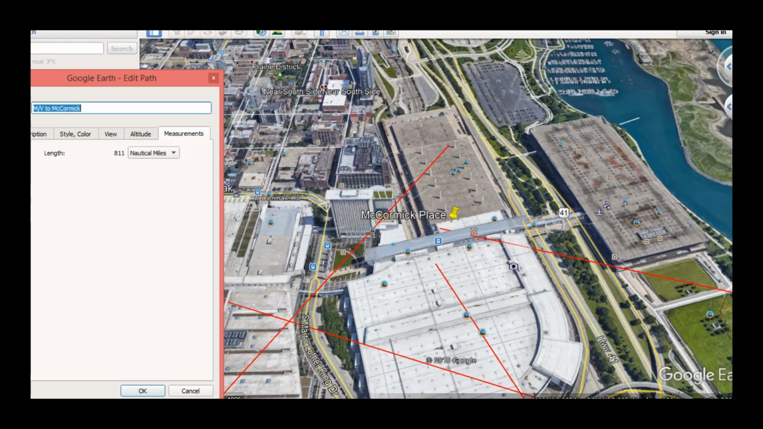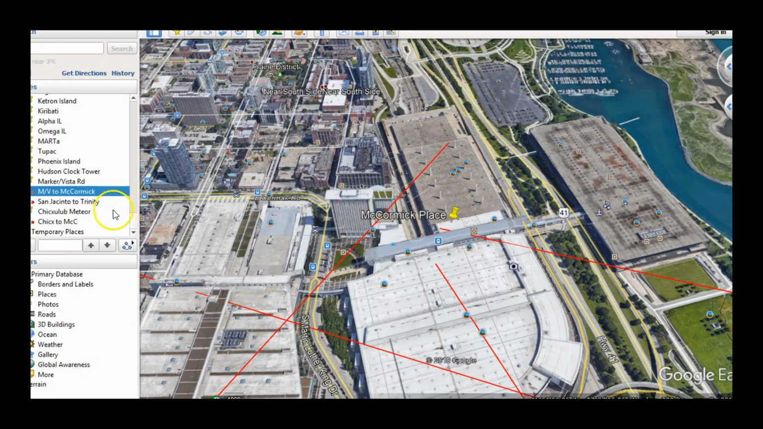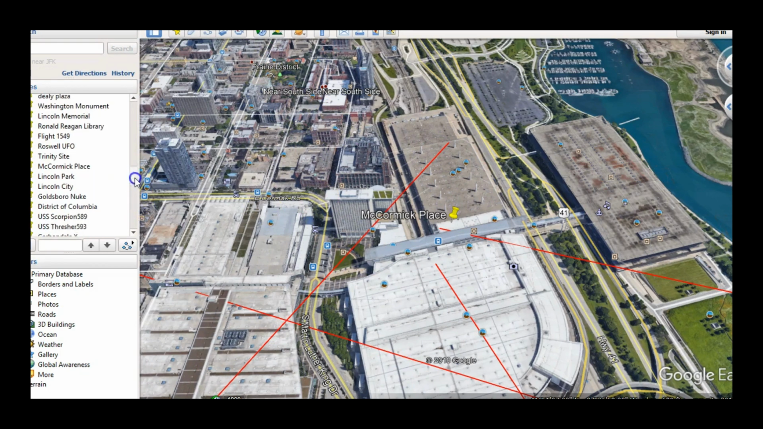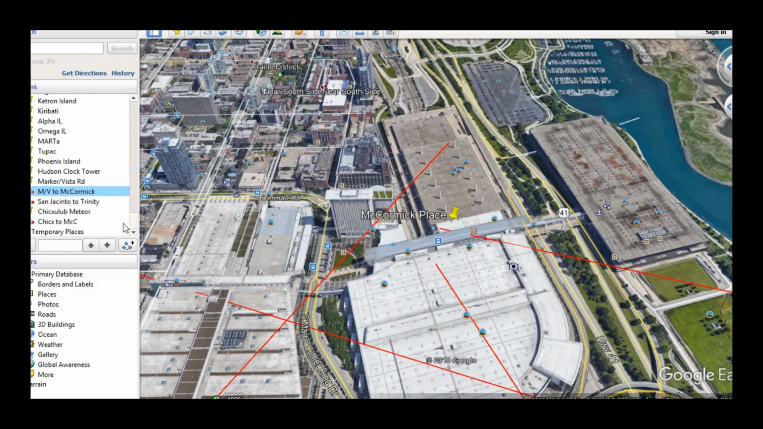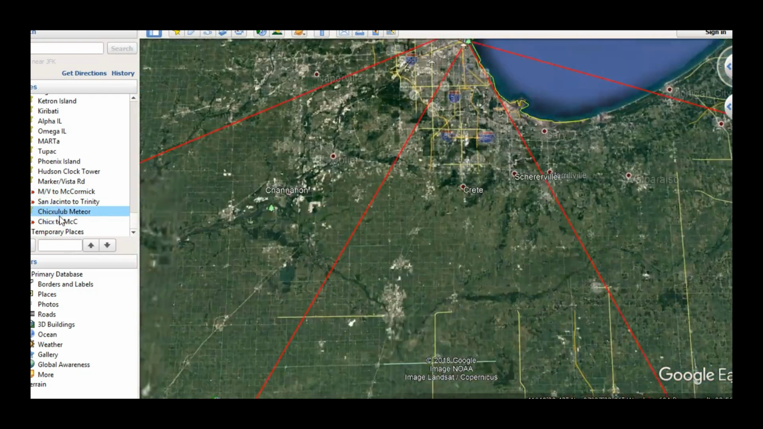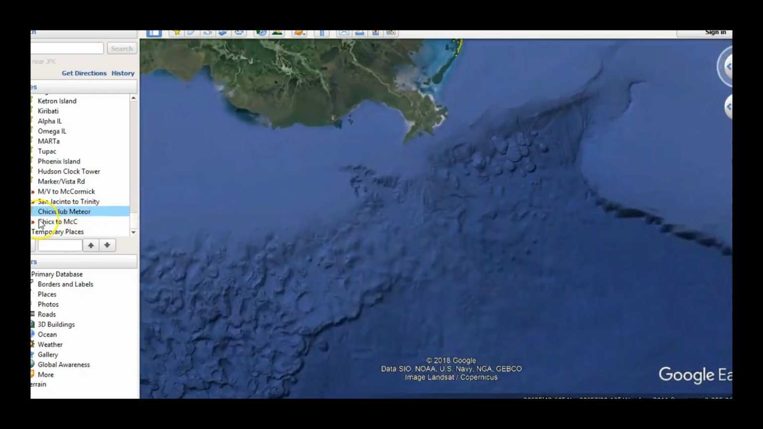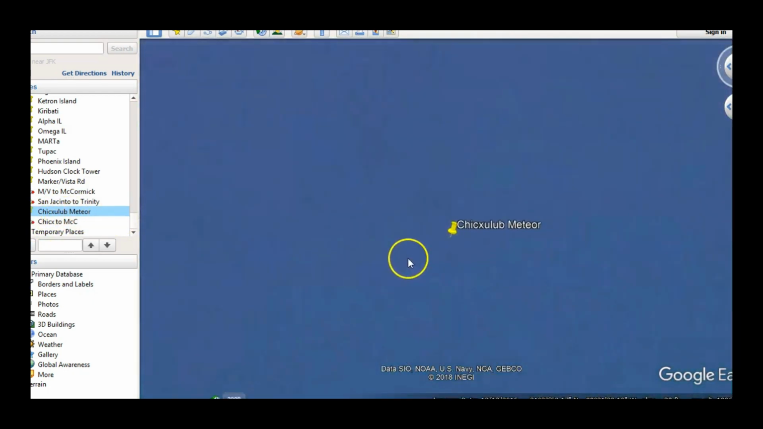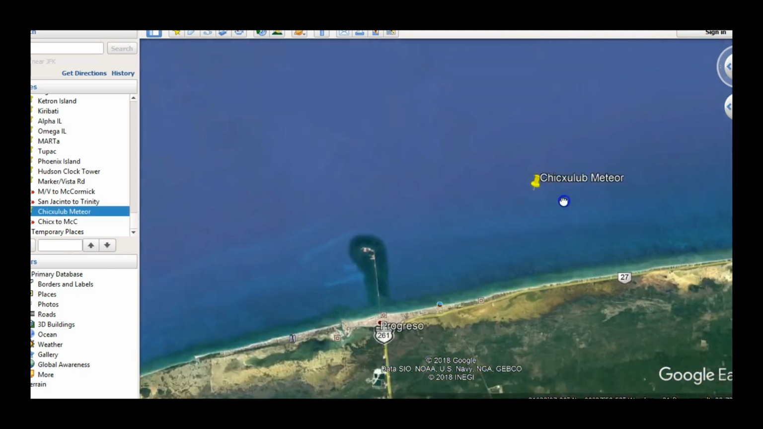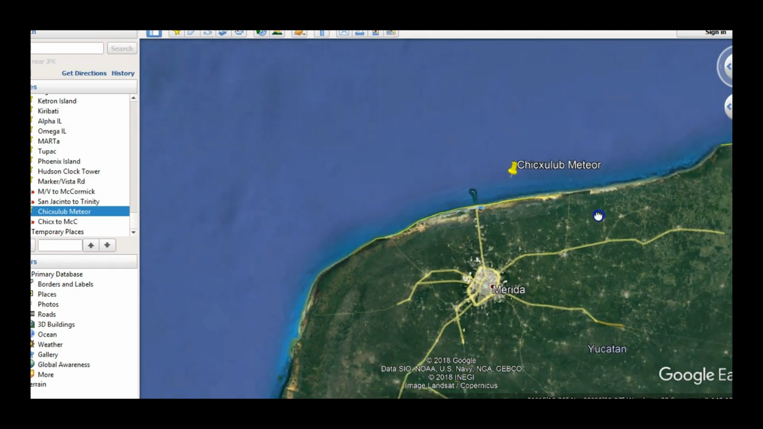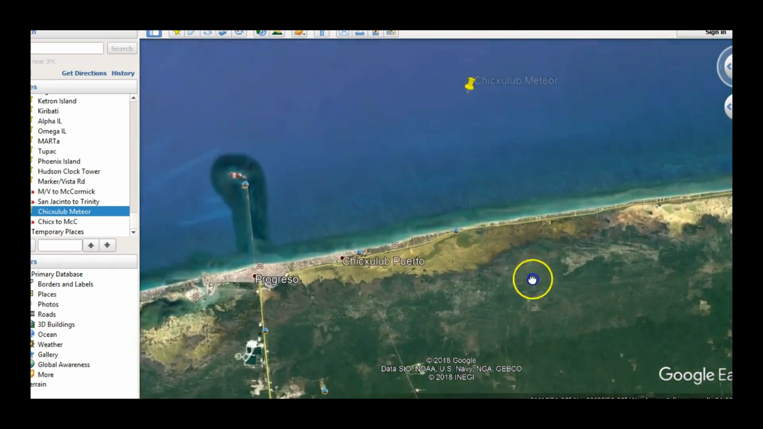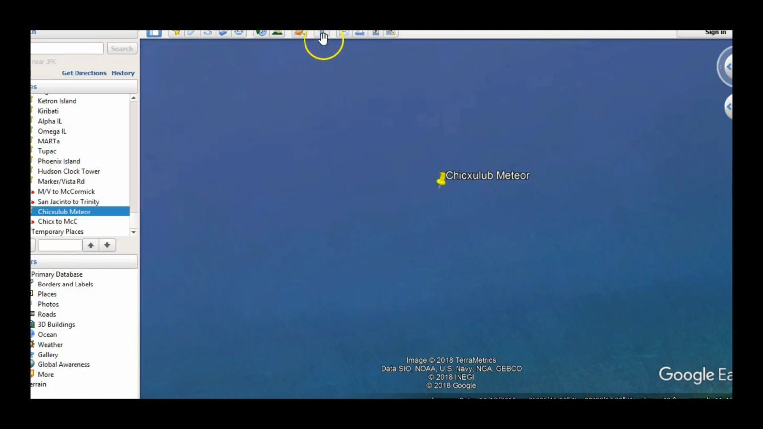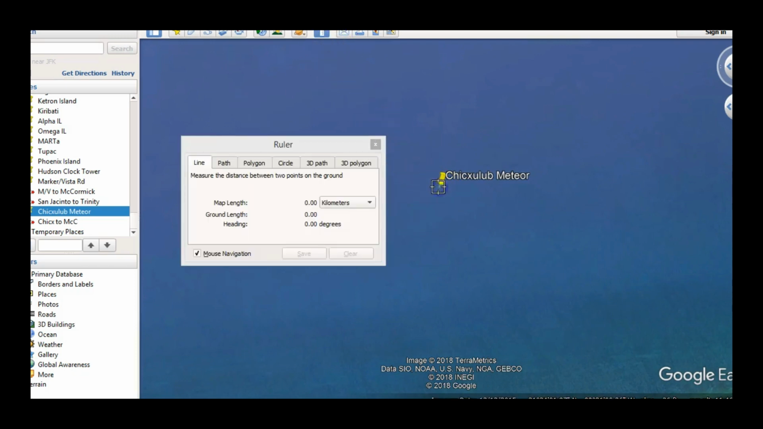And I want to show you one more thing here. That points to McCormick Place in Chicago. This is the meteor. I'm not even sure how you pronounce that, but this is the meteor that the meteor strike, supposedly we are told anyway, that caused the extinction of the dinosaurs. And if you draw a line from the impact crater to McCormick Place in Chicago,